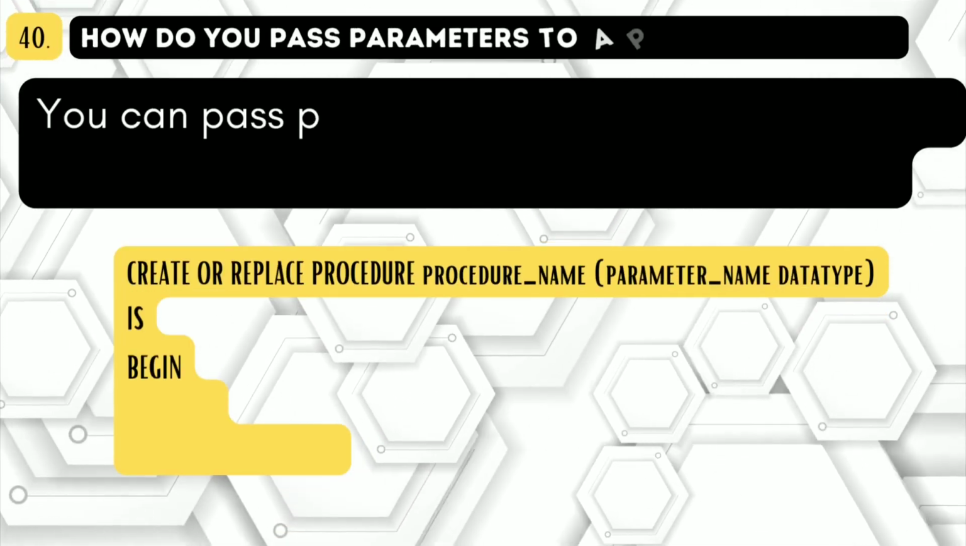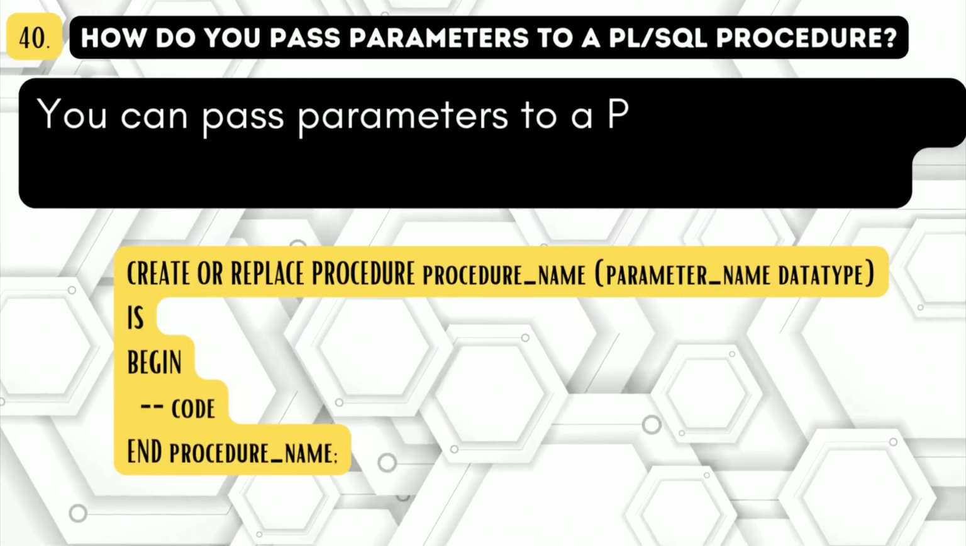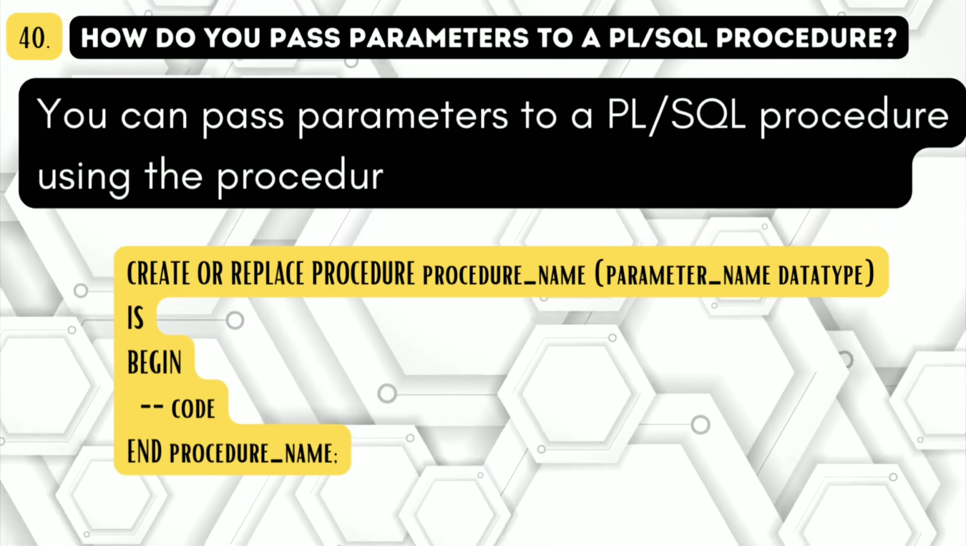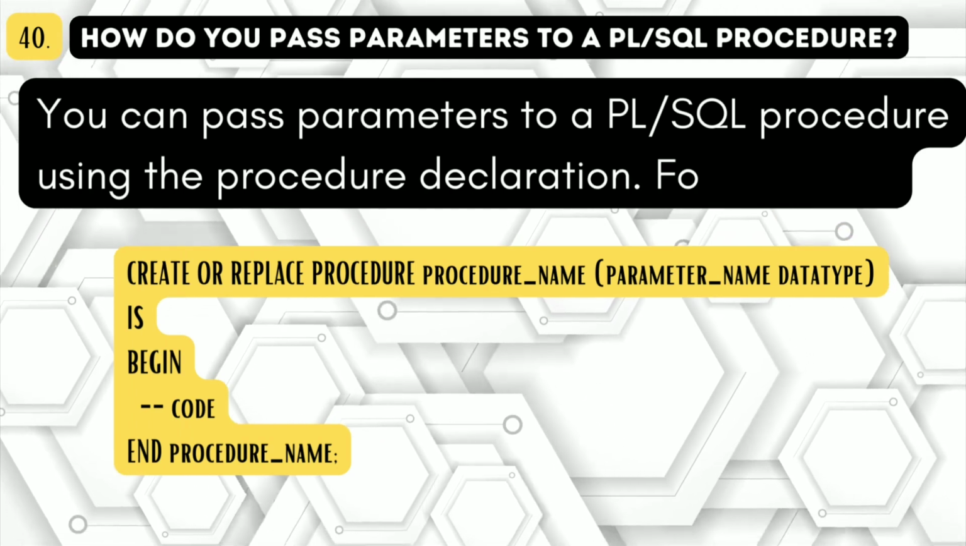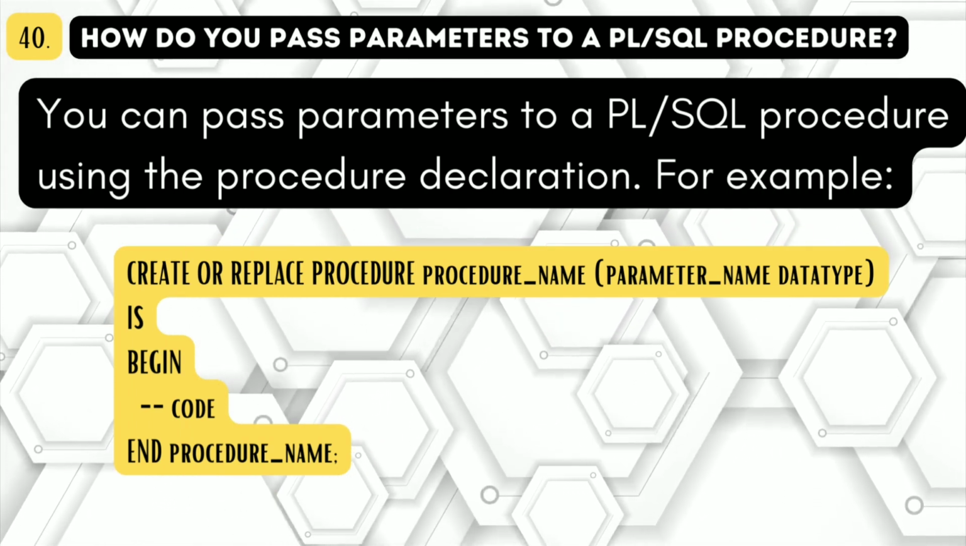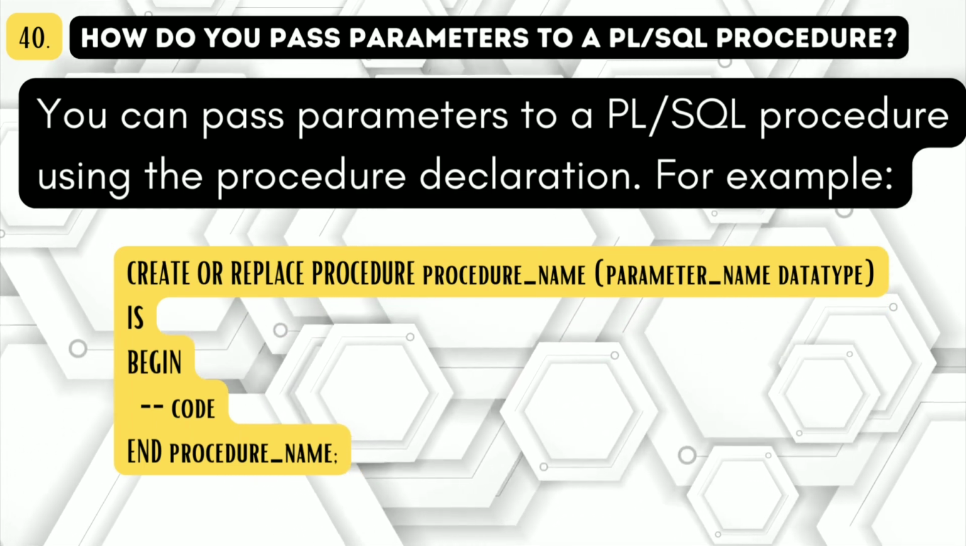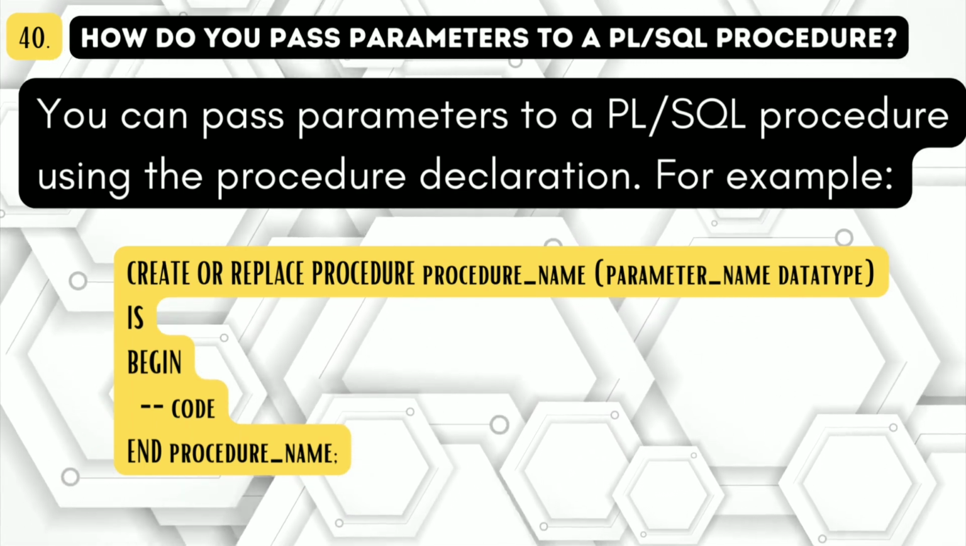Then question number 40. How do you pass parameters to a PL/SQL procedure? You can pass parameters to a PL/SQL procedure using the procedure declaration. As you can see in the example,